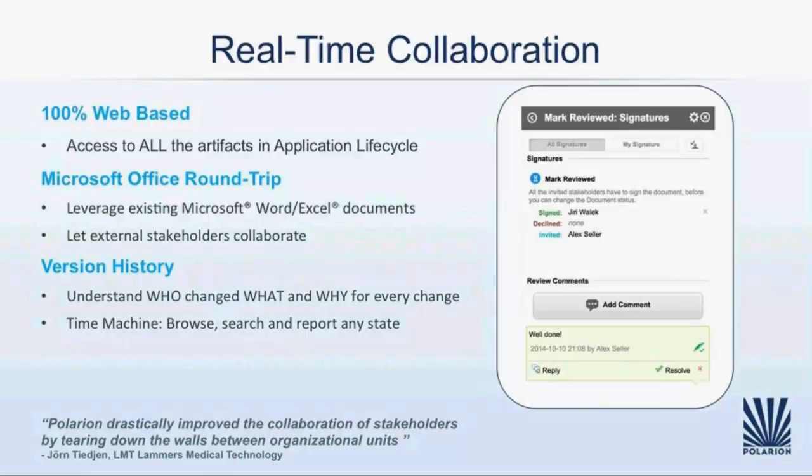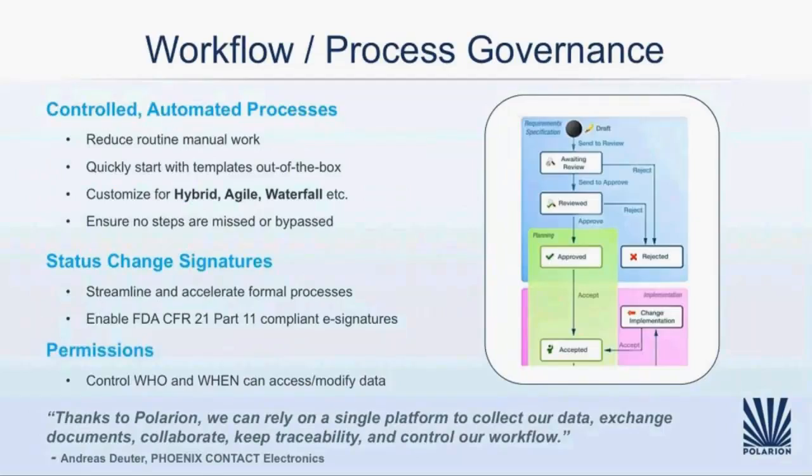For every collaboration platform, it is important to keep track of changes. With Polarion, we store everything in a version control repository. Everything is versioned, including the configuration files, and this is very important for regulatory compliance. Literally, you can travel back in time and browse, search, or even report from any moment in the history. Letting people collaborate is a necessity, but it's also a threat. People are asking, how do we control the change?